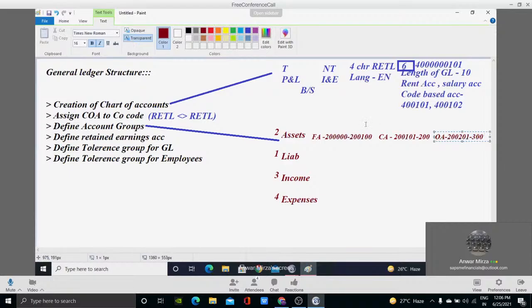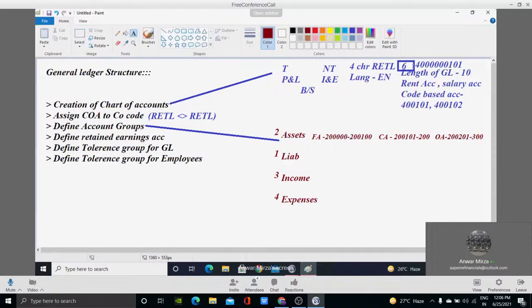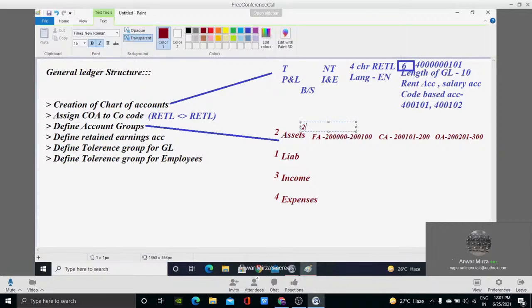Now what I did, if it is 6 characters in length, this is how you can configure your assets. Is it clear now? Now, what if it is 7? Add 10 here and 10 here. What if it is 10? How can you configure 10? Take down 10 characters. Is it clear? Now what will be the 2? 2, 6 zeros and 1 double.